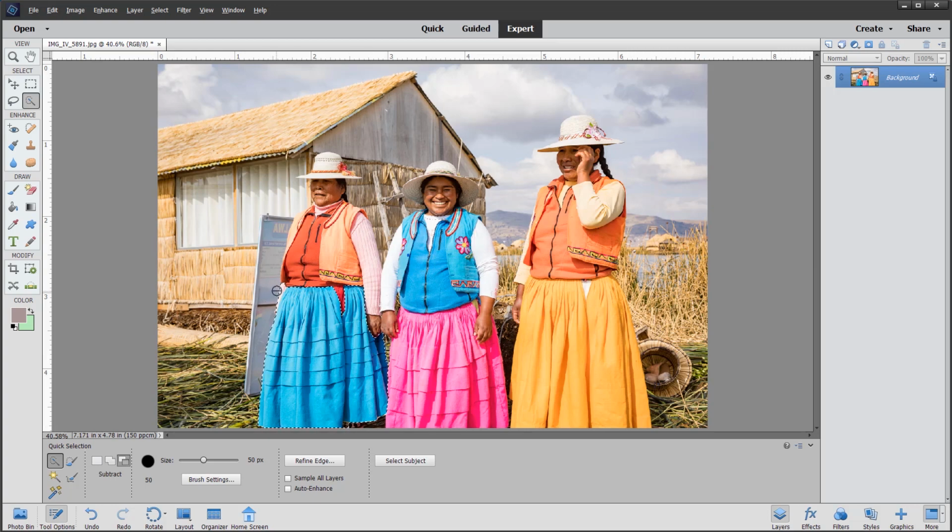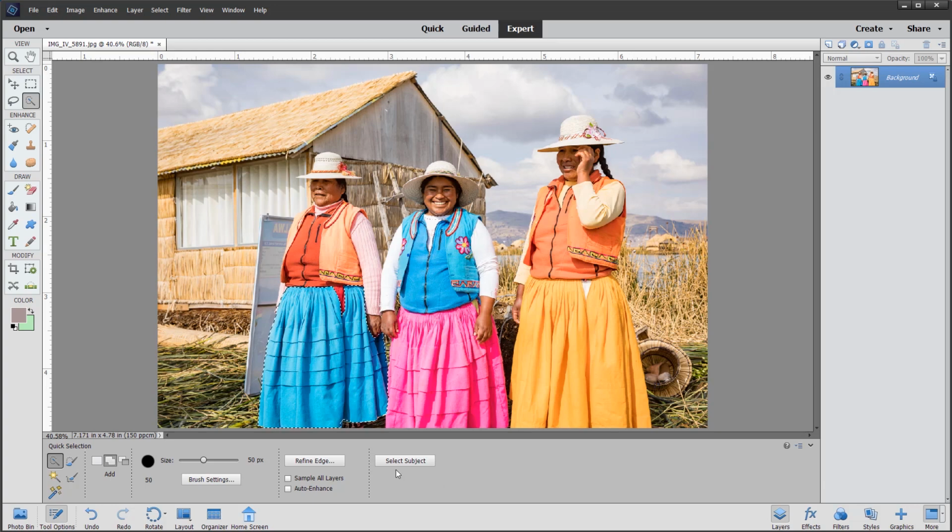I just need to hold down the Alt key and change to a minus on this white bit. And I think that will do. It's not absolutely perfect. Actually, I've just seen a little bit at the bottom here which needs to come out. And add that back in. Just like so. There we are. That will do. I say it's not perfect, but for the purpose of this demo, I think you'll get the